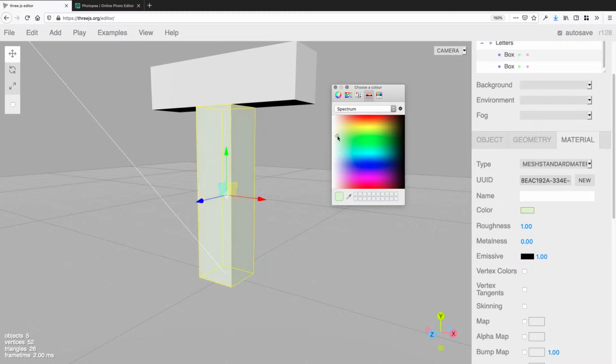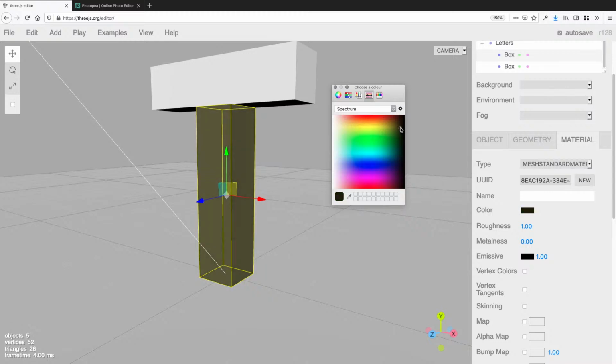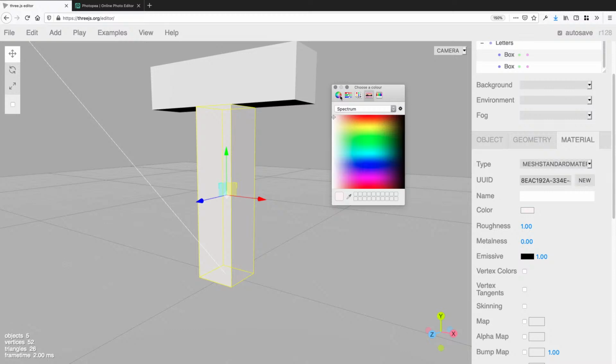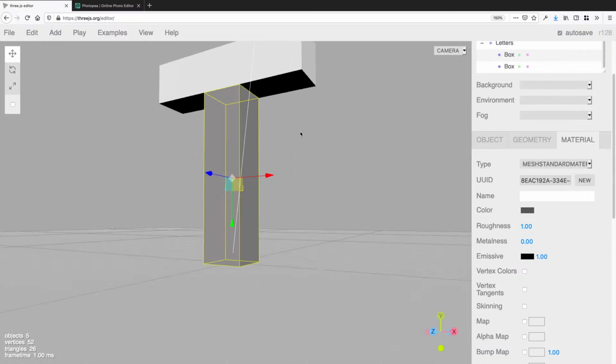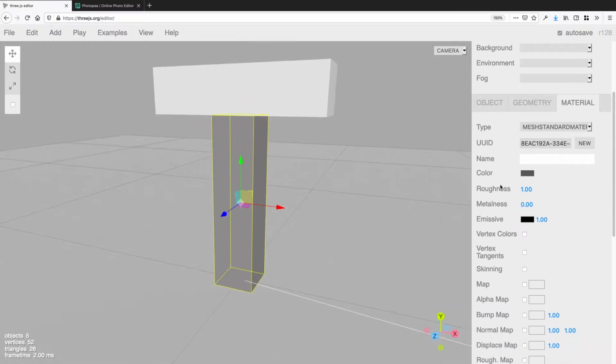Thankfully, it's not too different. Let's pick a nice grey. There. Okay. So, I'm going to come back to roughness in a second, but the one we really want is